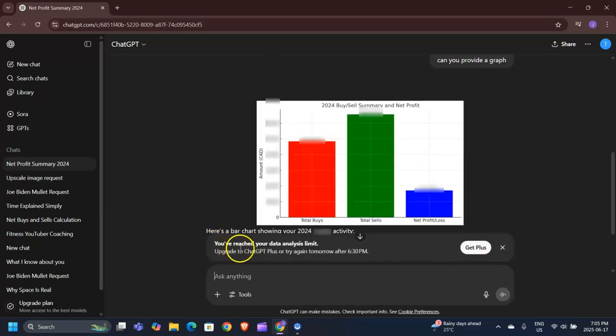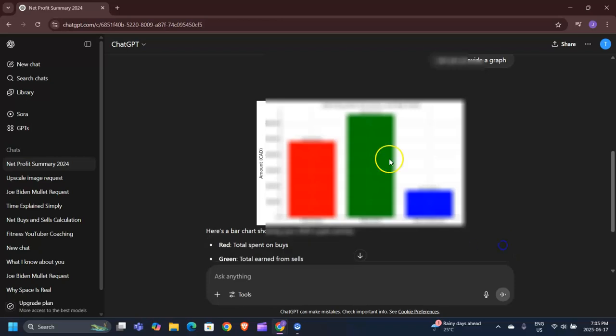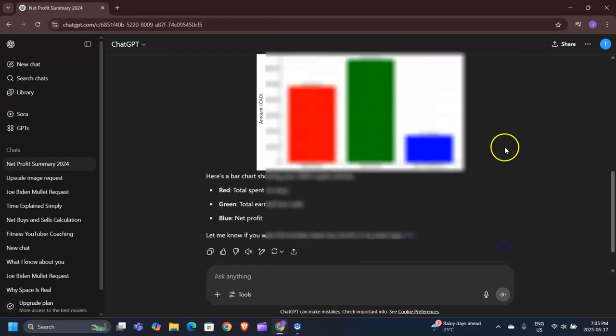See, now as you can see, it says you've reached your data analysis limit. That's exactly what I've been talking about. So in the case that you would want to do this, you would have to pay for the Plus. Otherwise, you're going to have to wait for pretty much a full day to use it again. However, it is very useful if you're using ChatGPT for work, and you can utilize it for almost any form